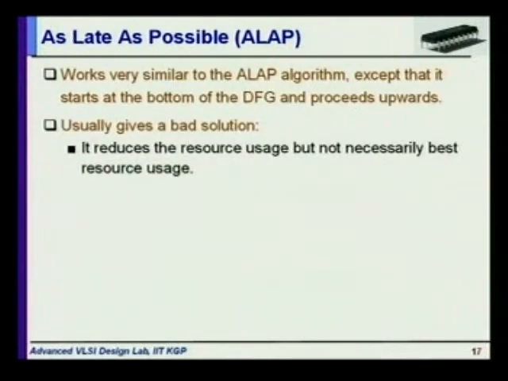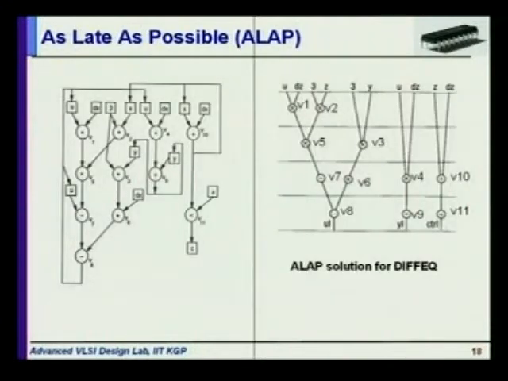Next comes as late as possible. It's just the reverse strategy of the previous. You schedule operations as late as possible. So it goes from the leaves of the dependency graph to the upper levels. You schedule those operations that are the leaves of the dependency graph, like V8, V11 and V9, in the last steps. Whenever you schedule them, V7, V3, V4 and V10 become available, so you schedule them here. This way it will go on.